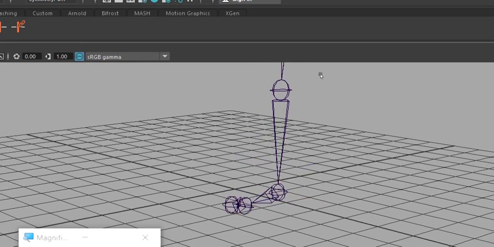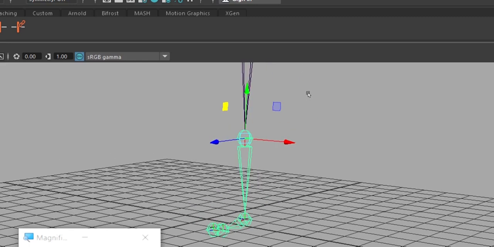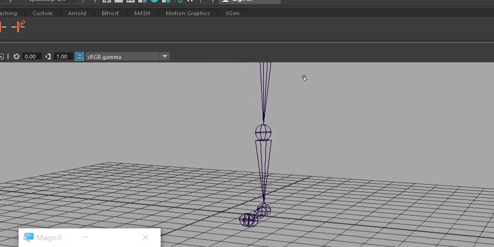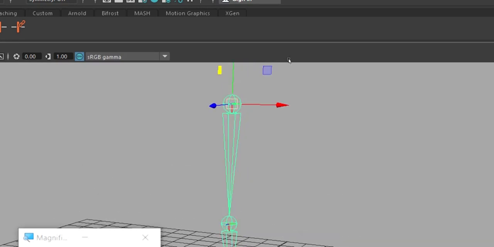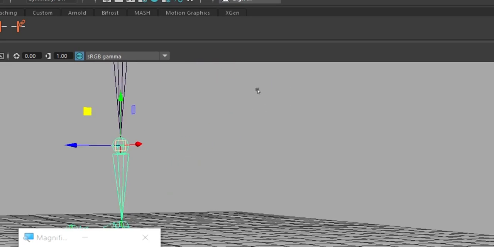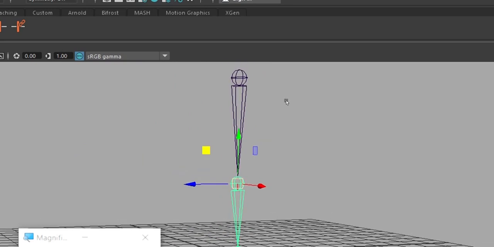So what is the purpose of a bone? A bone is to connect and act as an element which carries the influence, or which finalizes the boundary of the influence of any joint. This joint starts here and it can control up to this place. This is the hip. From there I will have one bone joint through the knee, because if I want to bend my knee, I should have a connectivity here.